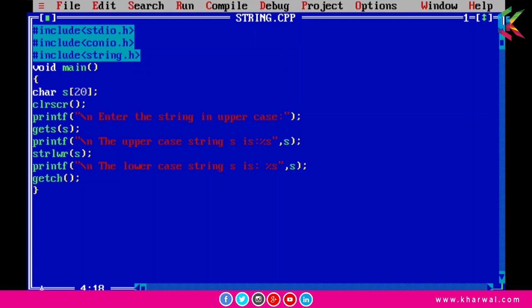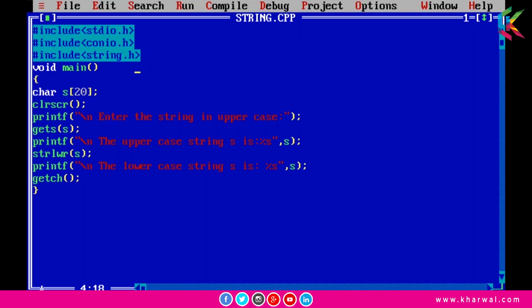So guys, in this program you will learn how can we convert an uppercase string to the lowercase string using library function strlwr, and this function is declared in string.h header file.